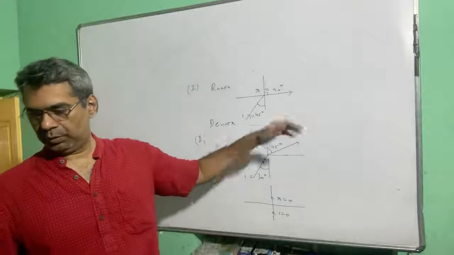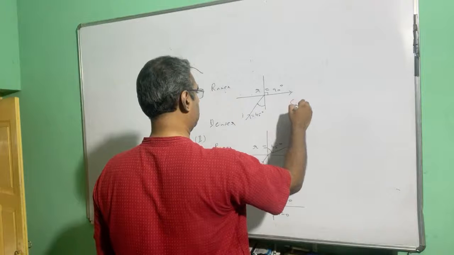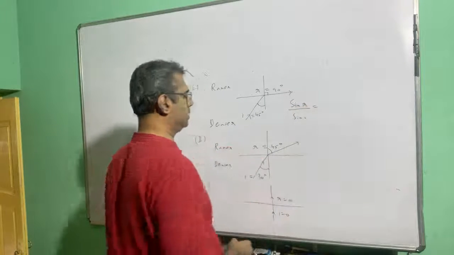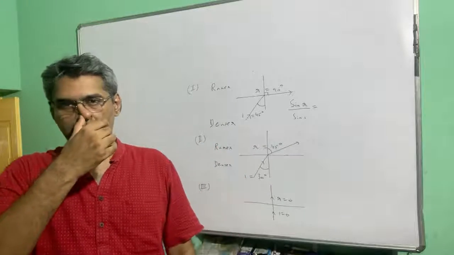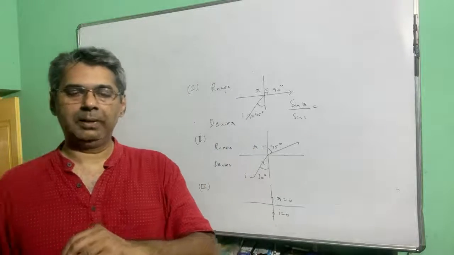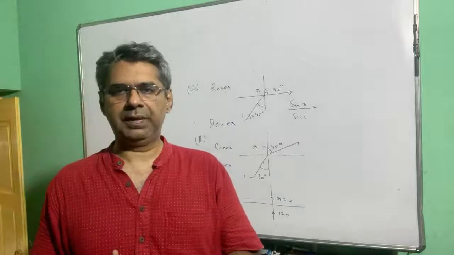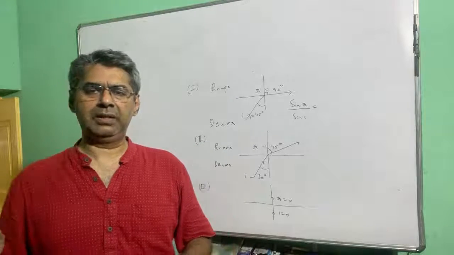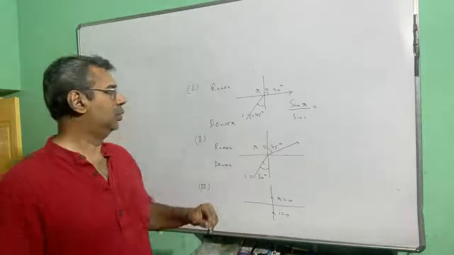Now for this pair of media, if I do sin i, one important thing is that by and large in every situation of refraction, we are always interested in finding the refractive index of the denser medium relative to the rarer medium. Virtually in all situations of refraction, that is what we want to do. We want to find the refractive index of the denser medium relative to the rarer medium. So over here,